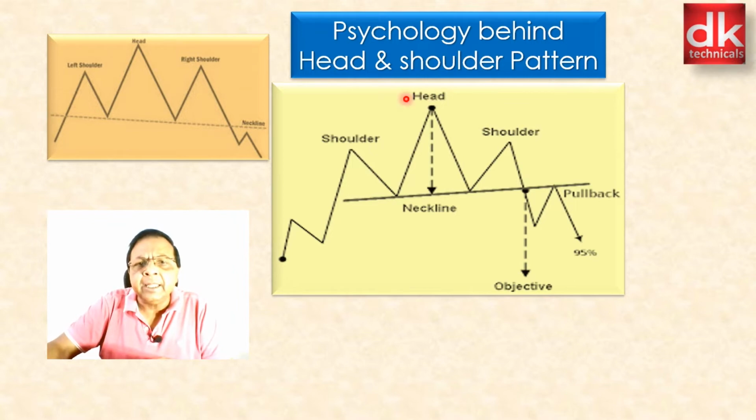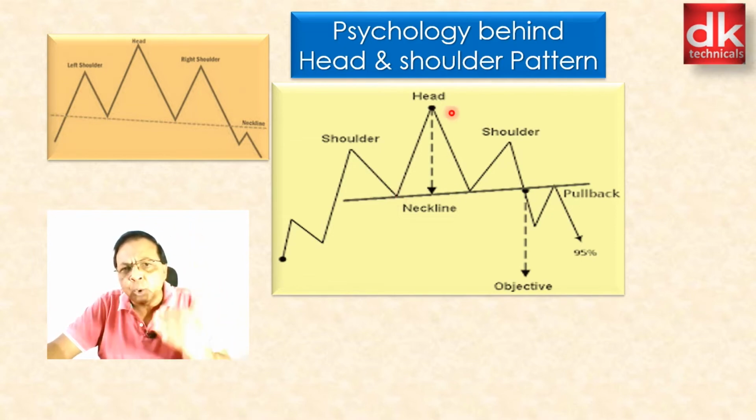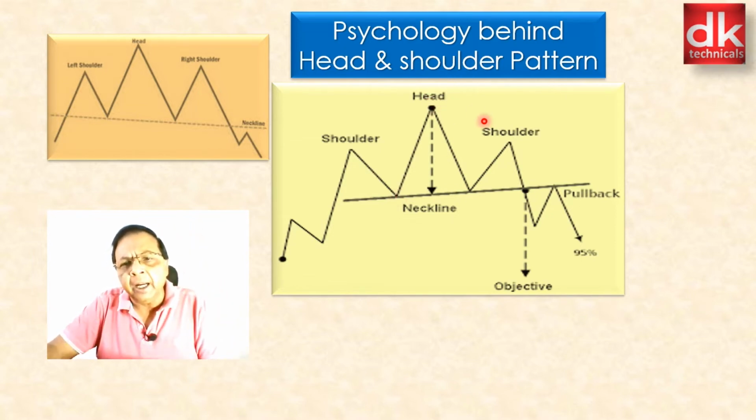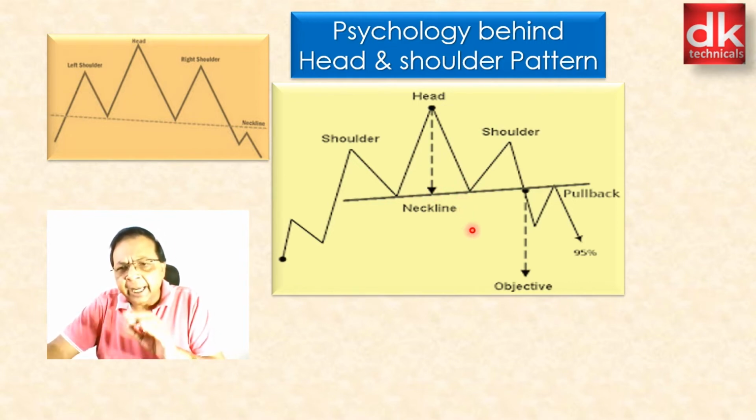So what we can say in this particular diagram, this is the neckline because the market was making higher highs and higher lows kind of formation. This is the left shoulder that has been formed. Market corrected. This was the point when this particular correction halted, and from there the price went ahead to form the new high, which is the formation of the head, and then price again corrected to stop the further downfall, and this is the point. These 2 points are connected and extended, which makes it a neckline.